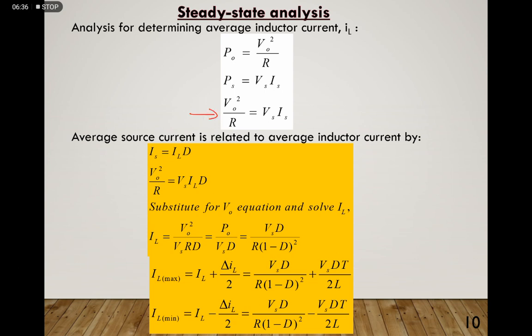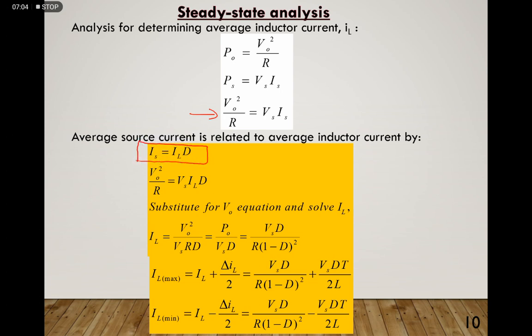Your V naught squared over R will be equal to Vs multiplied by Is. The average source current, or average input current, is related to the average inductor current by